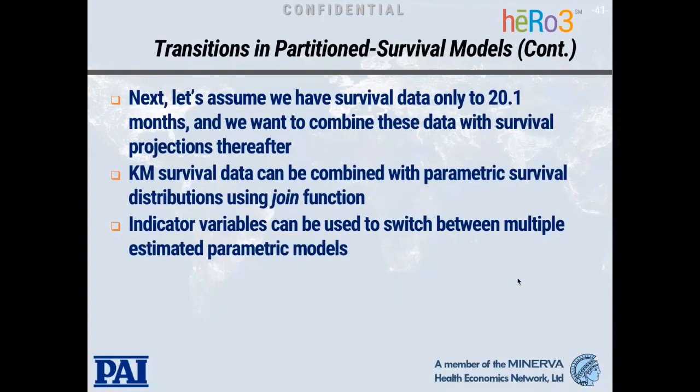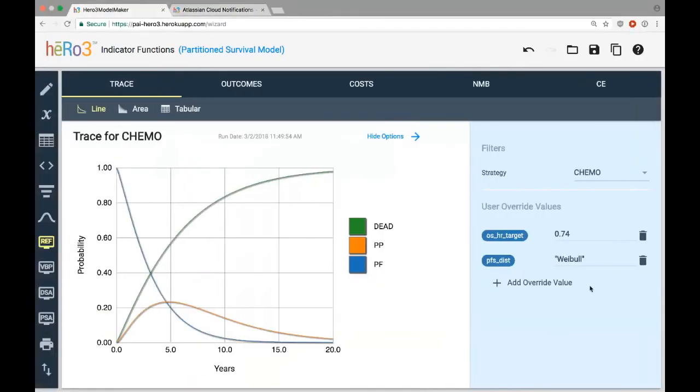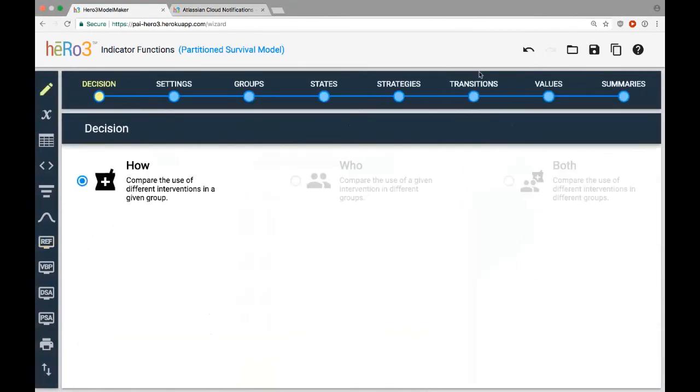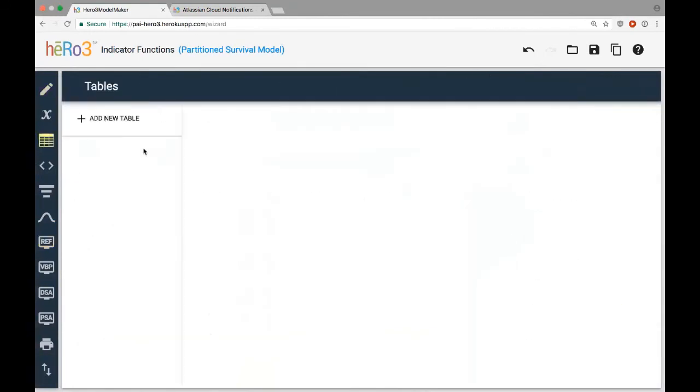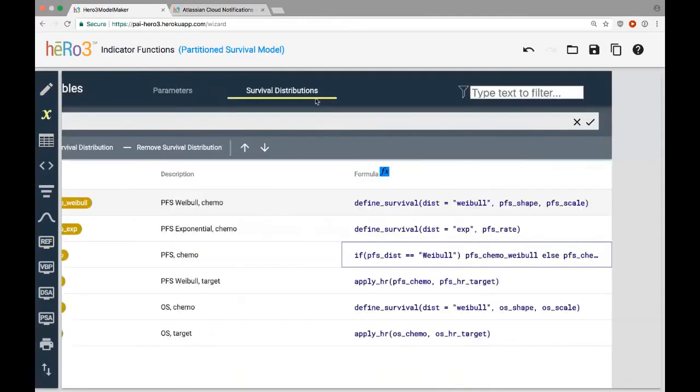Now, actually, before we get on to help and support, I just want to mention that in addition to all the survival modeling functionality that we've described today, it's also possible to directly estimate Kaplan-Meiers and parametric distributions of various types from IPD if you load those into a table. So you can perform estimation directly on the platform, either using the code editor or potentially just directly in the survival distributions page. And that would work by creating a table with the time to event data.